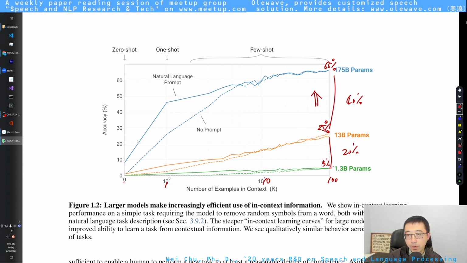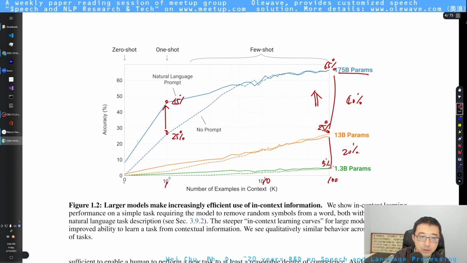But if your model size gets really large, like 2 magnitudes bigger than the original 1.3 billion parameters, which is 175 billion parameters, especially under the one-shot case, this improvement is huge. It improved from about 25% to about 45%. This is another 20% gain.